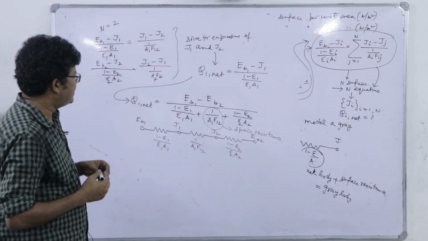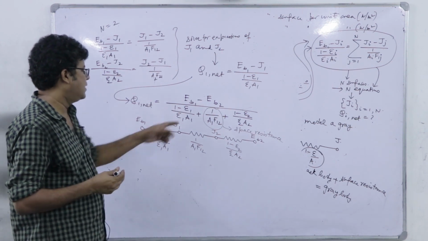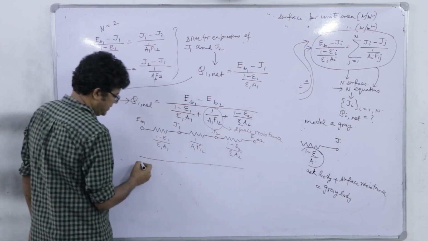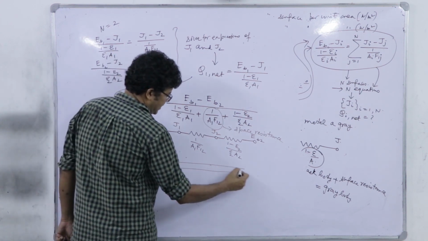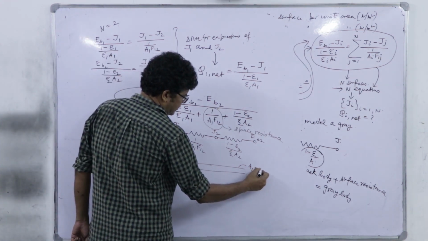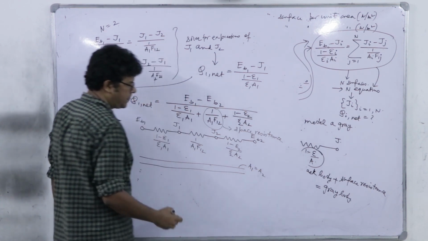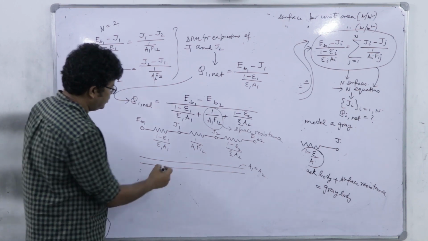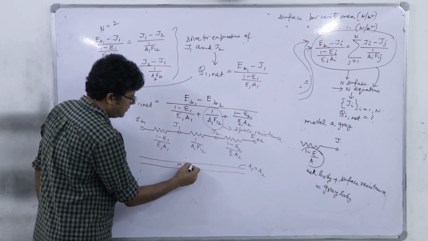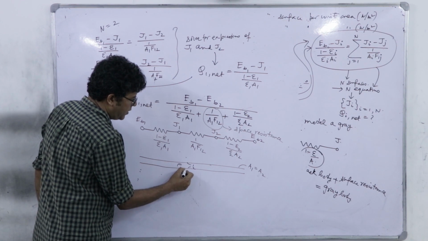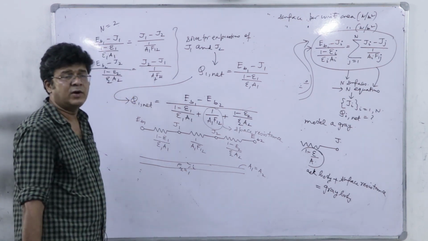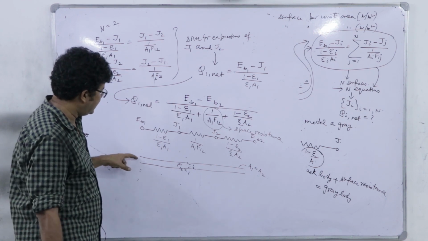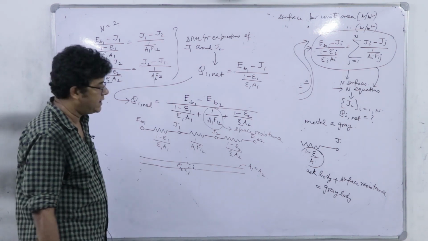And if they have the same area, like two infinitely large parallel plates where the end effects are negligible, then A1 is equal to A2, right. And F12 here, if this is 1 and this is 2, will be closely equal to 1, because one can only see the other, unless we go for calculating the end effect.